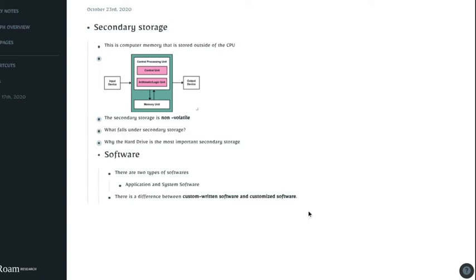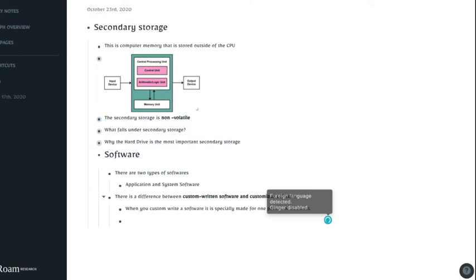But let's understand when you custom write a software, it is specially made for one person or business. So it's custom to me, it's custom to us, only one selective group of persons, right? Since there are errors there, when you custom-write, put a hyphen in between. My bad. Put a hyphen in between. When you custom-write a software, it is specially made for one person or one group of persons, such as